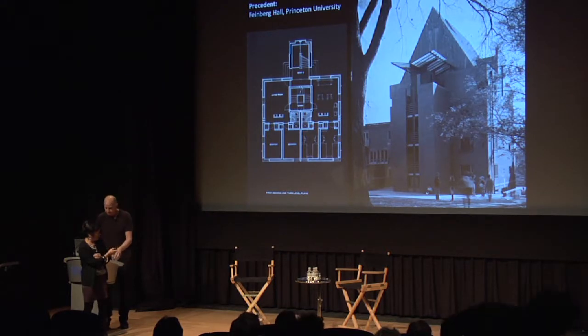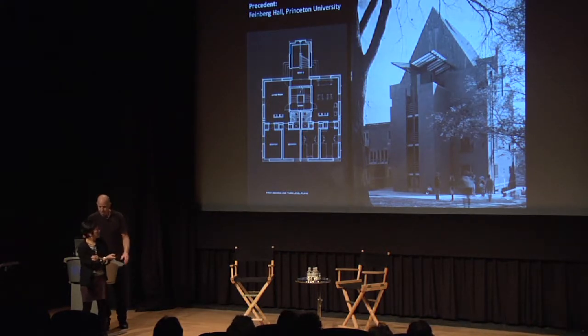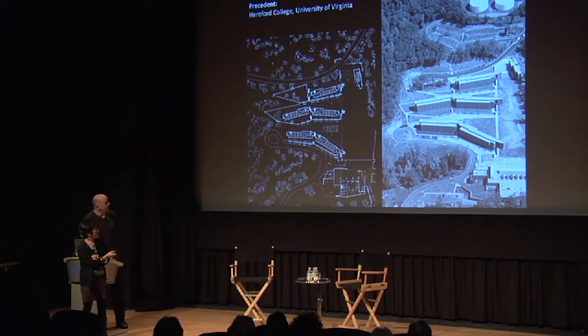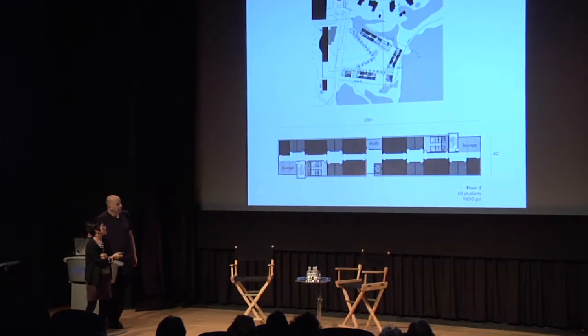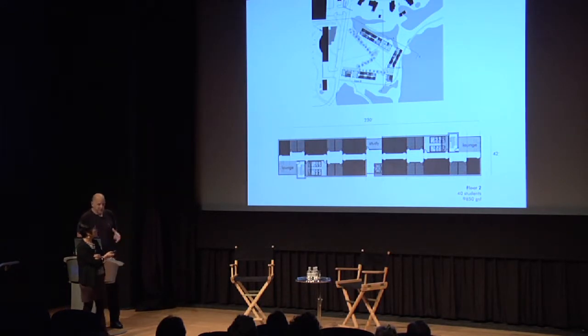And there we really tried to compress the building as much as possible and make it feel heavy. And then we did dormitories at the University of Virginia, where we tried to really make them as lines into the landscape. And this was shortly after they were completed, but now these are 20 years old. Largely they're made of singles and doubles, but we also had a dining facility that we created in a master's house there. But when we got the project for Haverford, the basic planning had been done by Kieran Timberlake, who's